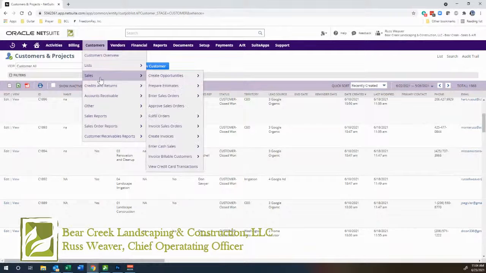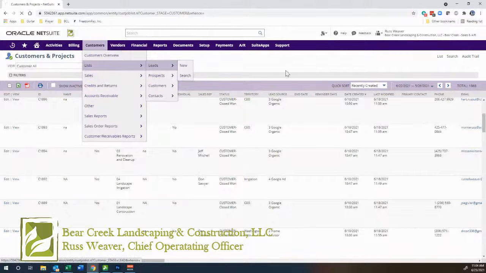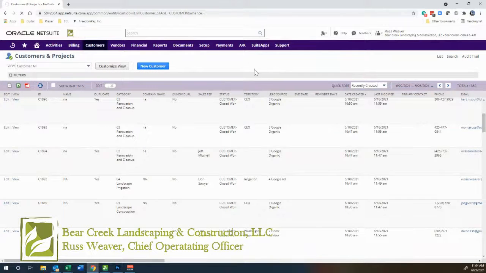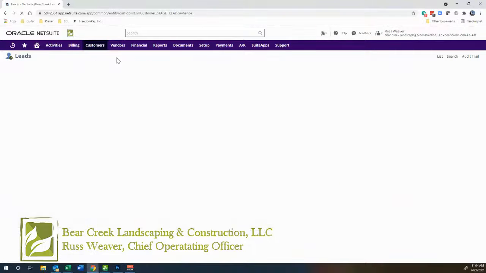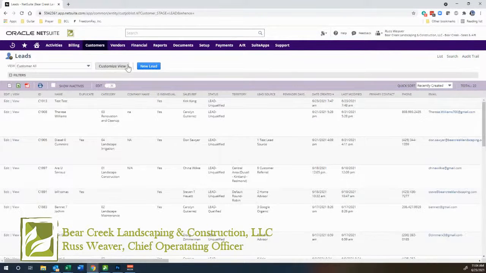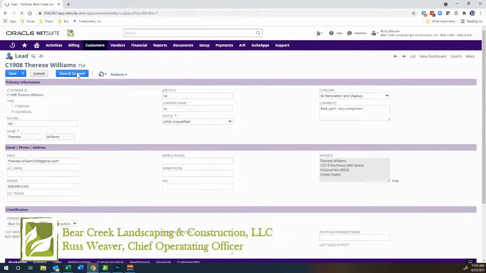The problem was, if I go back to list and leads, there's a convert button, if you remember, or there was a convert button when you went to lead. Now, in talking with NetSuite, one of the things we came up with was that there was an issue, and it basically came about from NetSuite's original build, one of the reasons why it was built in the first place. So this save and convert is going to be gone moving forward. I'm going to actually just do this save. So right now, as it stands,